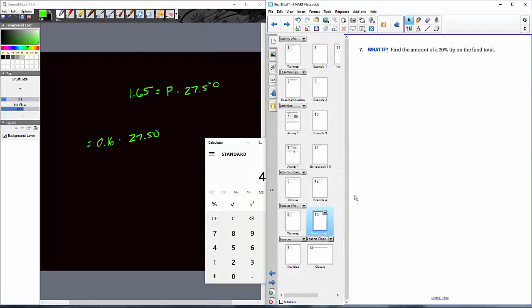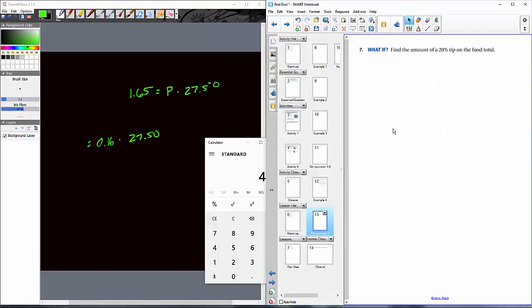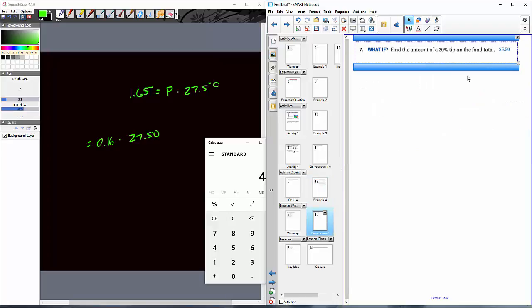All right, and then finally, what is the amount of a 20% tip on the food total? Well, it's funny, because whenever I used to wait tables, I would expect people to do 20% on the total, not just on the food. But if I take 27.50 times 0.2, that would be 5.50, right around there, $5.50. So